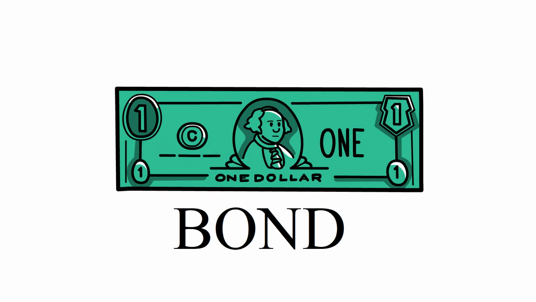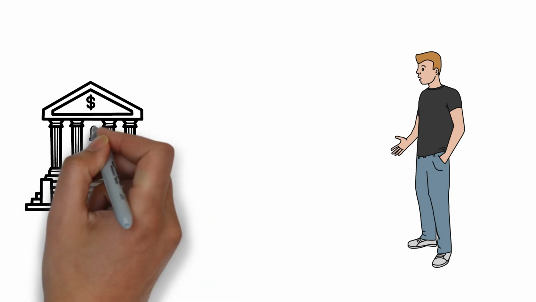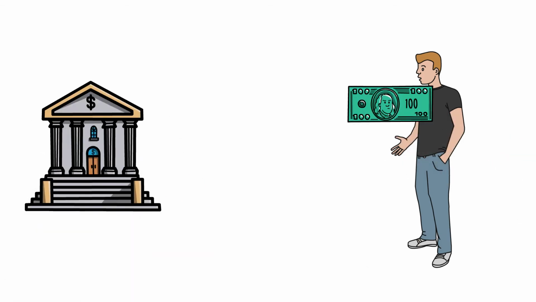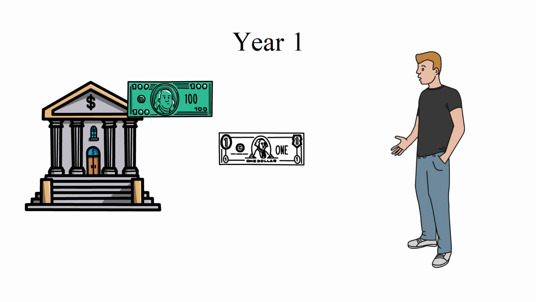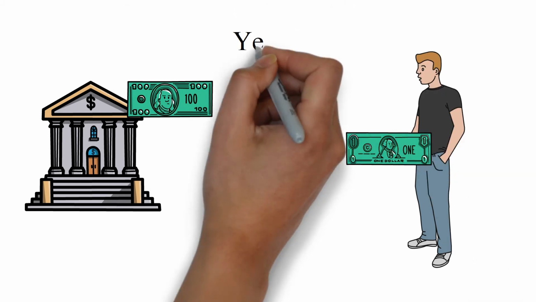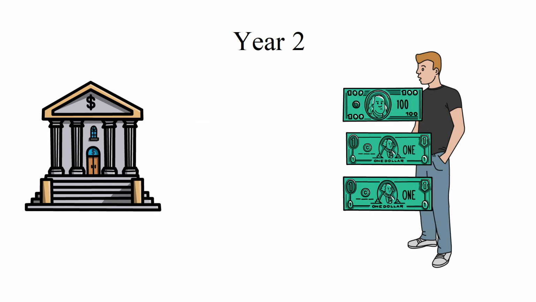The interest paid is defined by the coupon rate. For example, if the bond's maturity is in 2 years, you lend the issuer the face value of the bond, usually $1,000, at year 0. Next year you will receive the yearly coupon. At year 2, you will receive the yearly coupon plus the face value of the bond, the $1,000 you lent him in the first place.